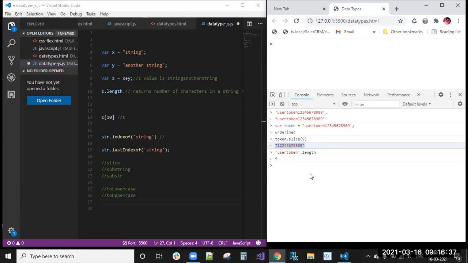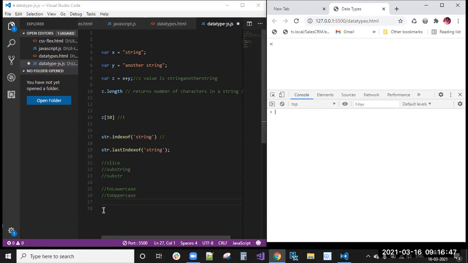So in that case, you will use these different types of methods. That is the real-time scenario. So this is about the string and string methods. Now we'll go to the numbers. Here we have seen the trim method, padStart, and padEnd.